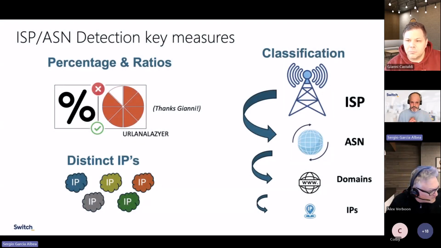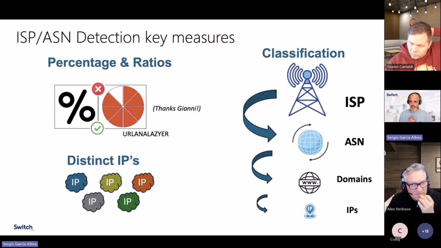So, expected KQL results. For the KQL queries that I will show now, there are key aspects that are important to understand. First of all, percentages and ratios. And thanks, Gianni, because ratios is something that I learned from you last year at Workplace Ninja in Switzerland. And then I will work with distinct IPs. If an internet service provider is triggering attacks or connections using, for example, more than 100 different IPs, that is also a really good key indicator. I will show you examples.